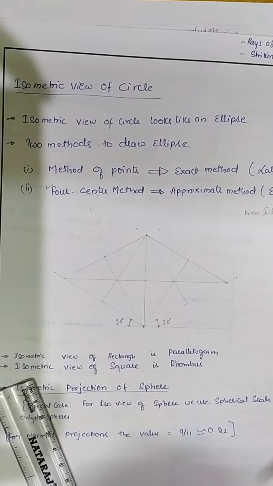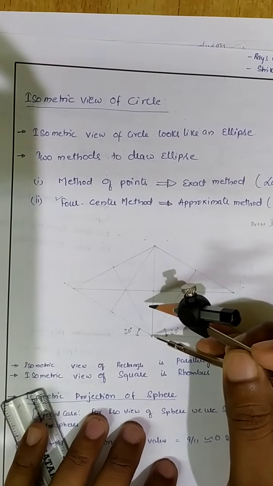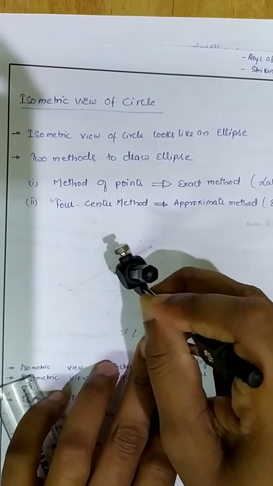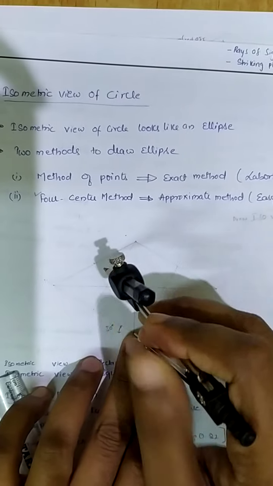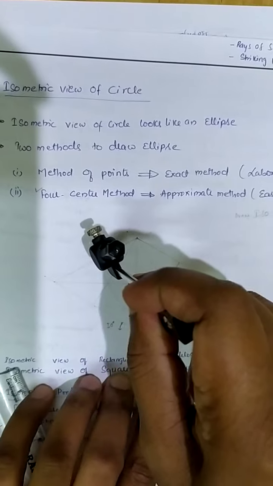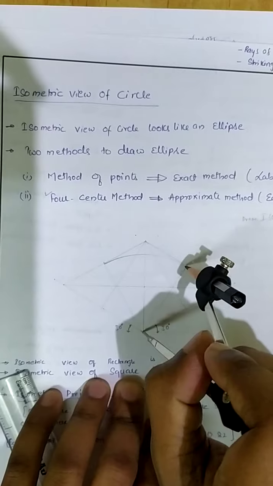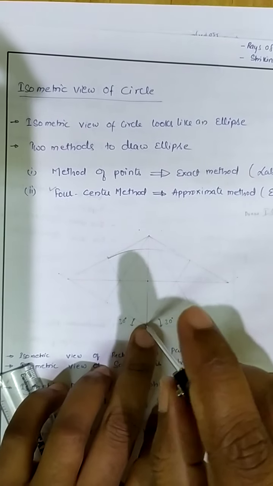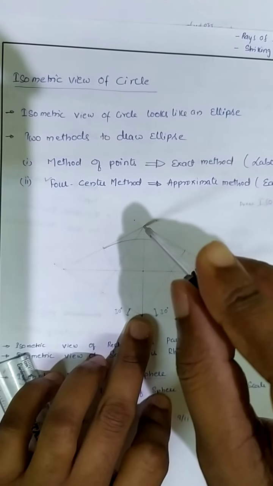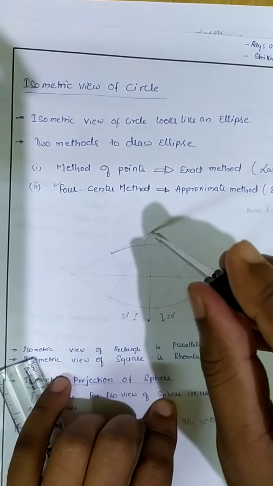So now after drawing these lines, what we need to do is, with the help of the compass, take the compass, you place one leg, that is the needle leg of your compass, at the starting point, that is your weaving point. And you take the dimension to the opposite side midpoint. So take this dimension and you cut an arc to the other side, other edge. With the same dimension, you change your position of the compass, you place your leg here, and you cut one more arc. These are the two major arcs of the ellipse.